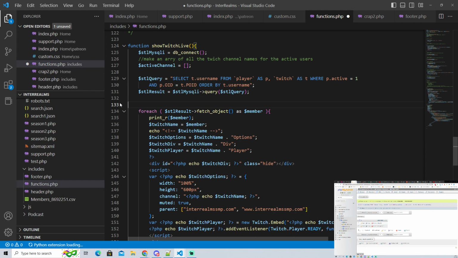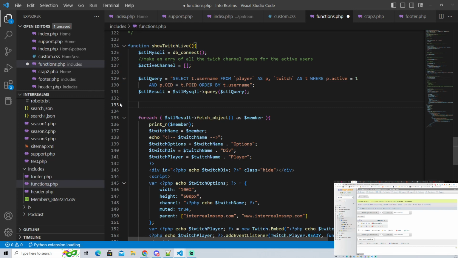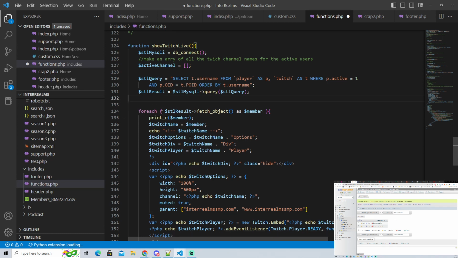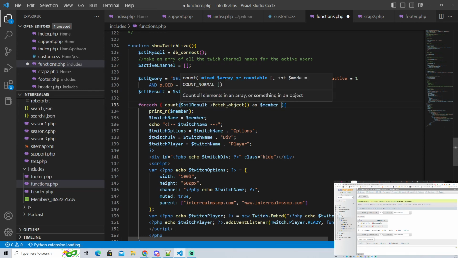Okay. We are going to do... is it count? I think it's count. Yeah, it's count. All right, so we're going to do a count of how many things are in its array.